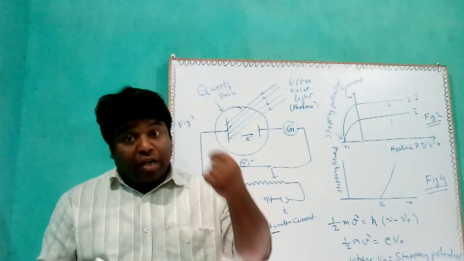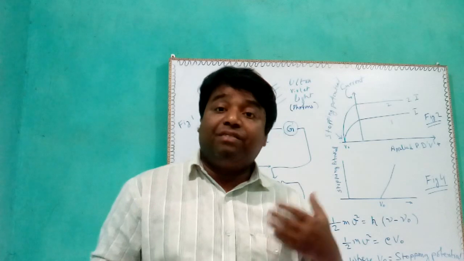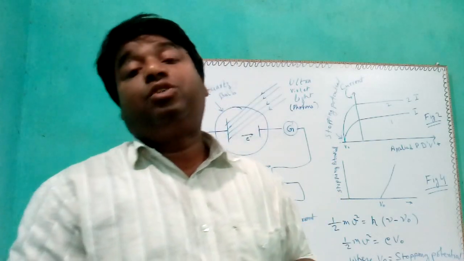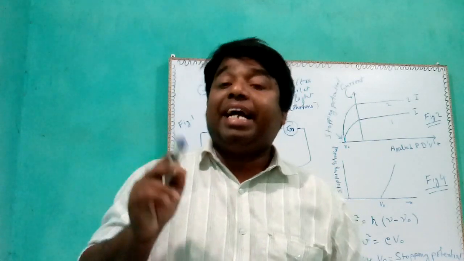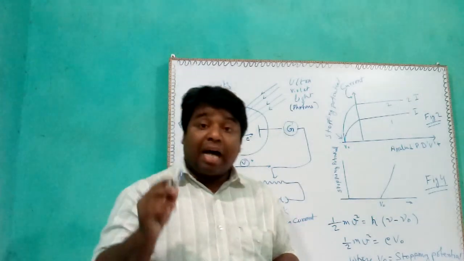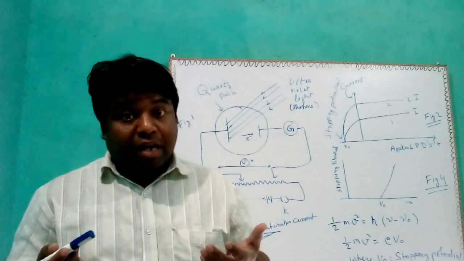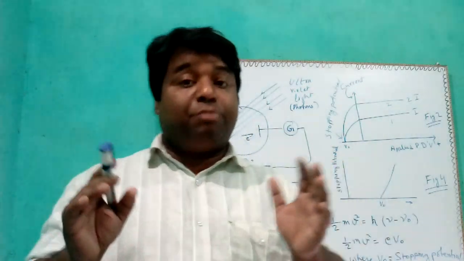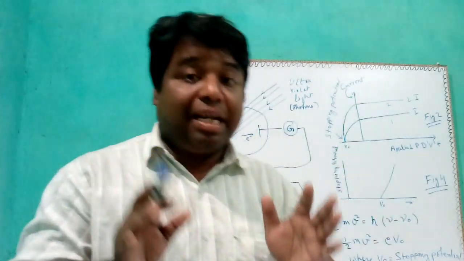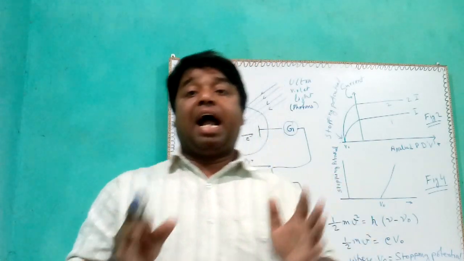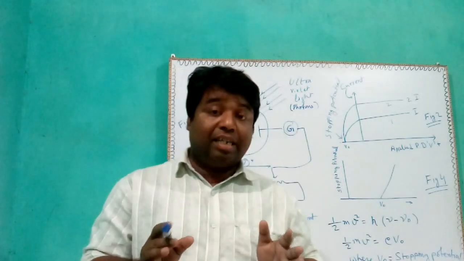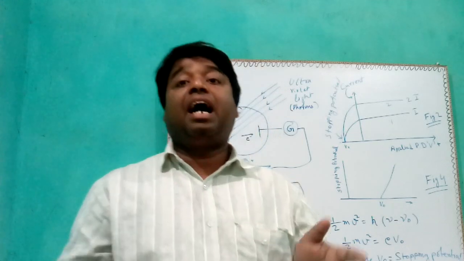Second, if it has more energy, then it will give the further energy to the electron. Meaning the frequency of the photon is important in determining the energy of my liberated electrons, and it should always be more than the